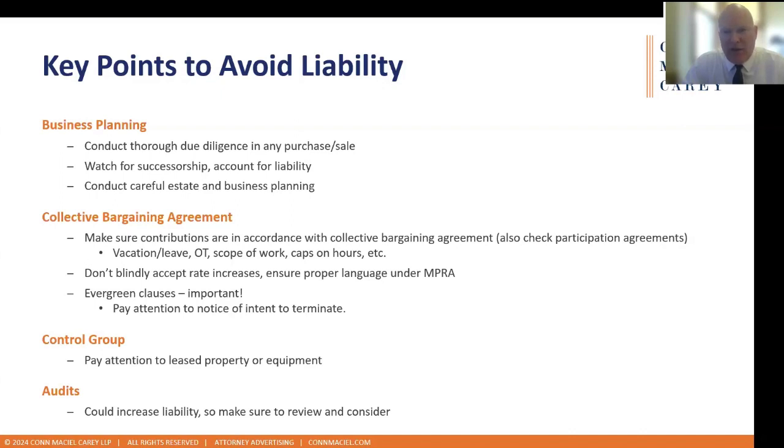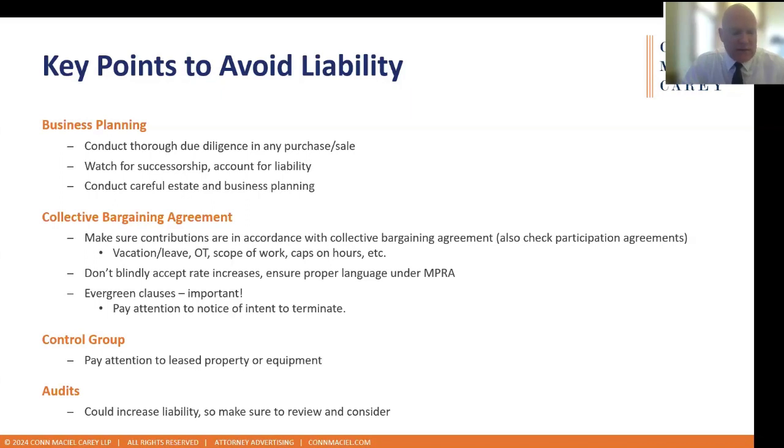And I put under the MPRA, that's the Multi-Employer Pension Reform Act, and I'll talk a little bit more about that in a minute. But basically just note this: if you had an increase imposed on you by a fund through a rehabilitation plan or through a funding improvement plan because the fund was in critical status or endangered status or critical and declining status, you might agree to those increases because you have to as part of the rehabilitation plan, and you decide you're not getting out of the fund. But those contribution rates should not be used against you to later calculate withdrawal liability.